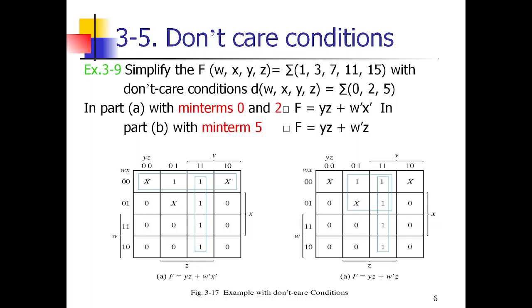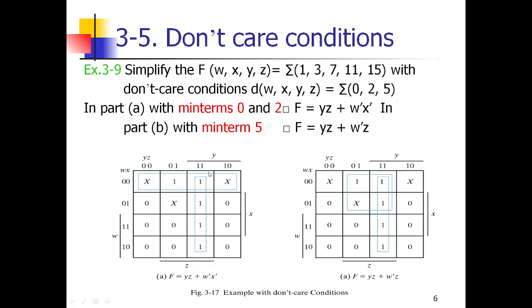If we don't have the possibility of 16 adjacent cells, then we can go with checking the combination of octet. 8 adjacent cells is an octet. After that we can check the quad possibility, that is 4 adjacent cells. After that the pair possibility, that is 2 adjacent cells, and finally we can go with the single cells, single squares. Okay, so here we have to check the possibilities.